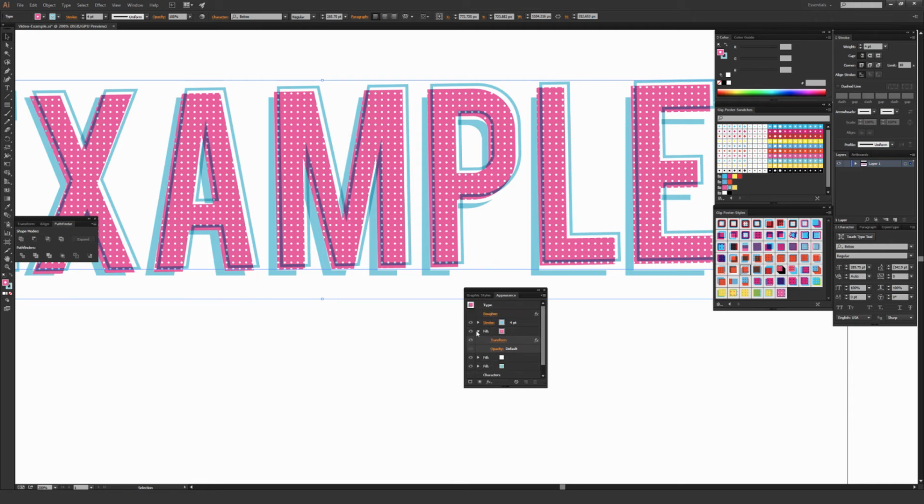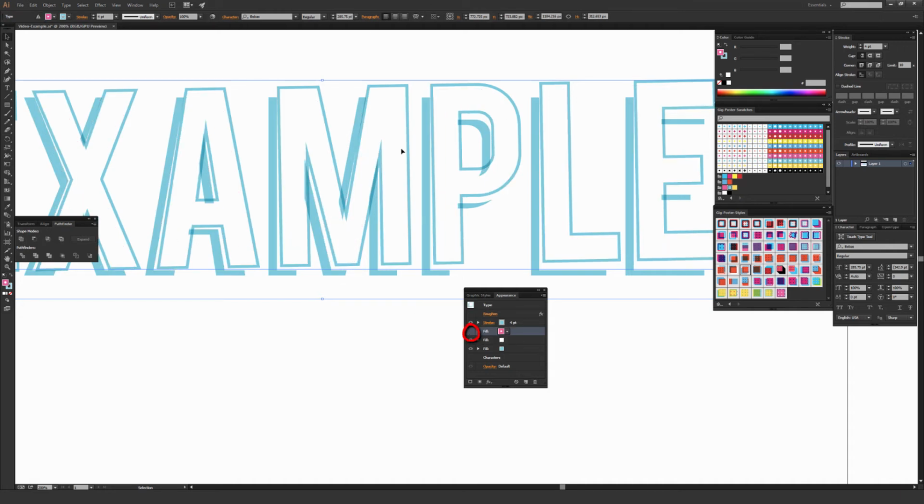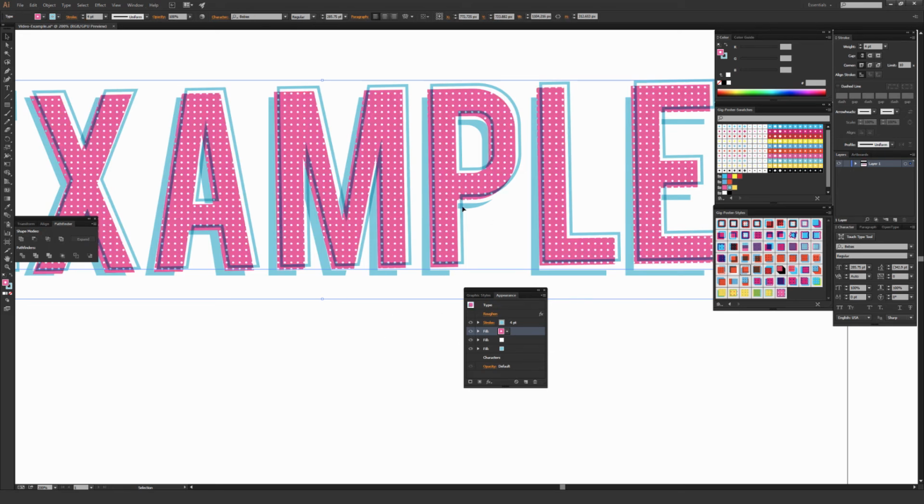And of course, if I wanted to, let's say, remove this fill with the halftone dot altogether, just hit that eyeball, it'll take it out, and then it's gone off this object. But at any time, you can go ahead and just hit that eyeball once again to place it back on here. So using the appearance window like that gives you a whole bunch of different options to really customize these